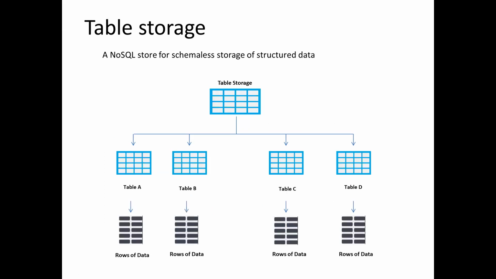Okay, the last one, table storage. As I said, it's a NoSQL store where you have large JSON structure kind of files available on-prem or in the enterprise. You can quickly move those data to table storage, where you need not maintain complex relationships with other files. These are just individual files. You can just get them to table storage and store them there, and then you can directly start analysis.